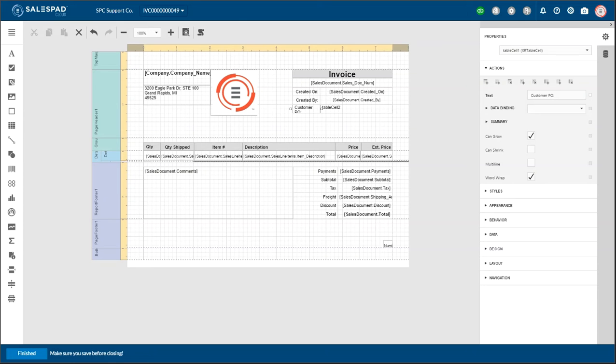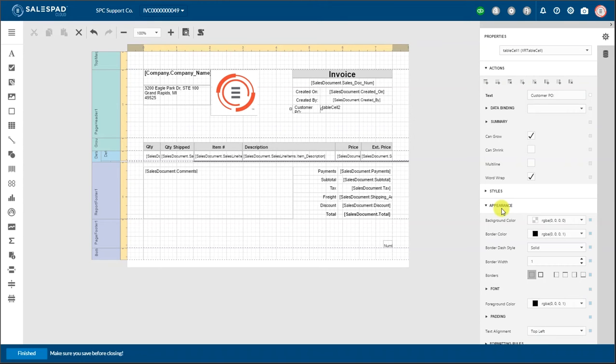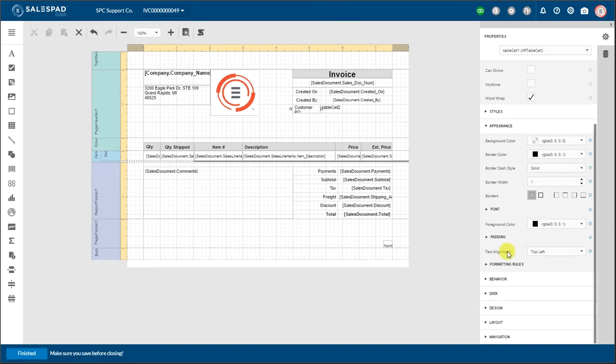So I'll scroll down in the Actions drawer and select Appearance. From here, I will just need to change the text alignment to match the other fields. Since everything else has the text alignment middle center, I'll want to choose the same text alignment for the customer PO field. Now I want to enter the information that I would like to display on the right side. So I'll start by selecting the right field,